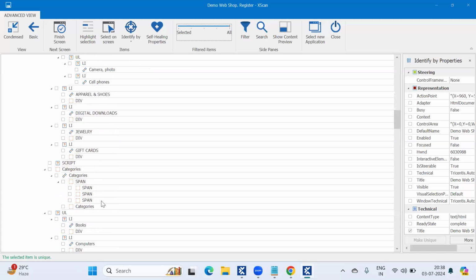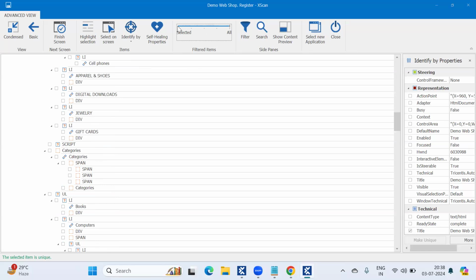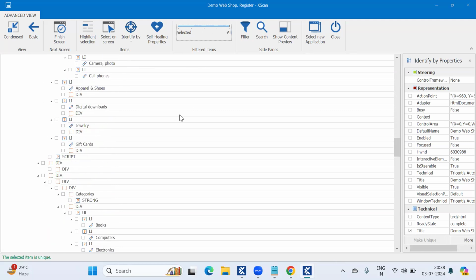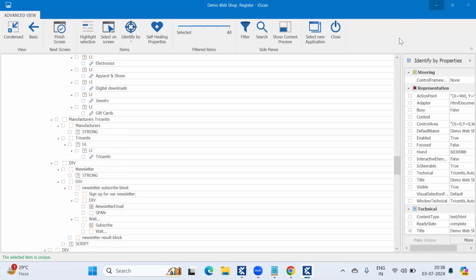You are not able to see this pane actually, only this categories link. But if you expand and drag these filter items from selected to all, you can find all the controls present in this application.